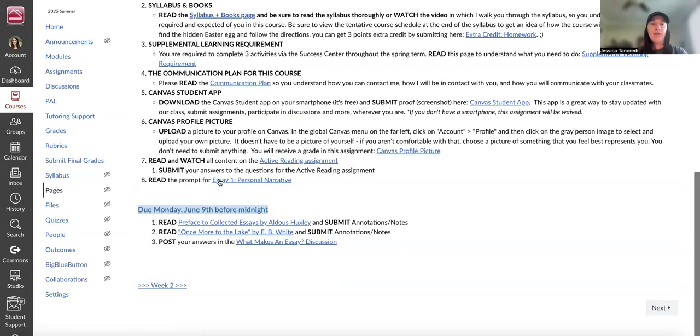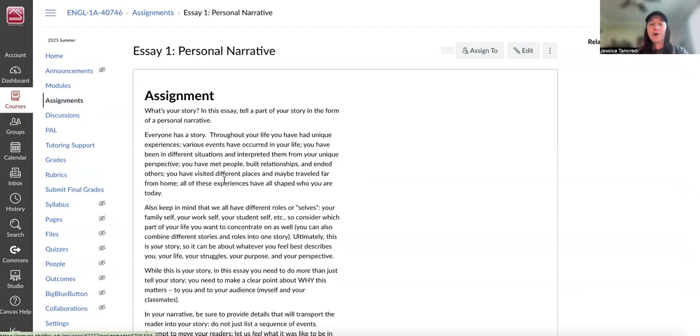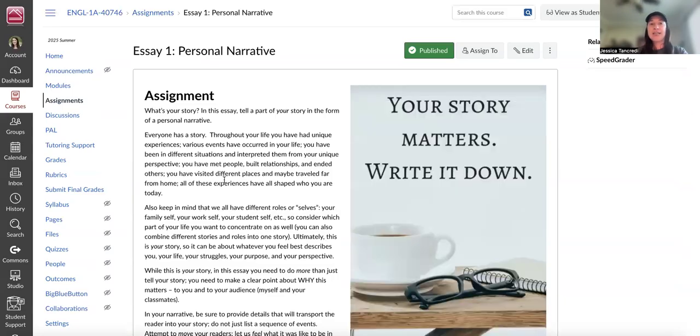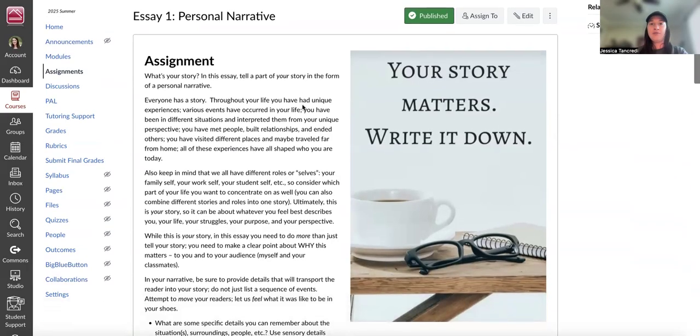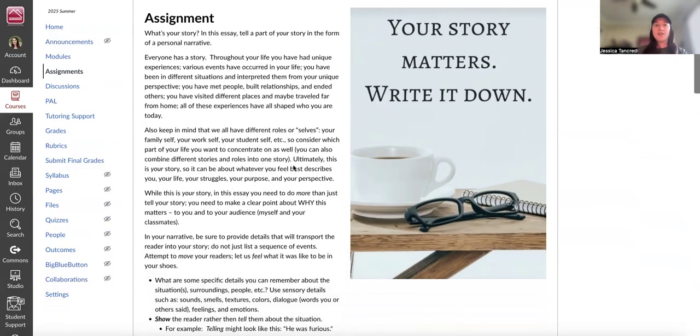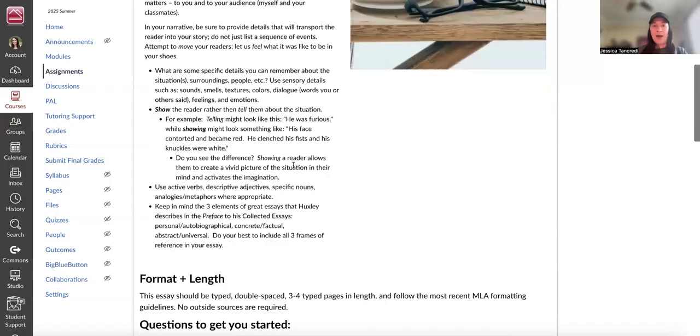Okay. Then number eight is just for you to read. You don't have to submit the essay yet, okay? I just want you to read the prompt for this first essay, which is the personal narrative. Since this is only an 8-week class, it moves very fast and we have to get moving on things already. So please read this page so that you understand what this first essay is about